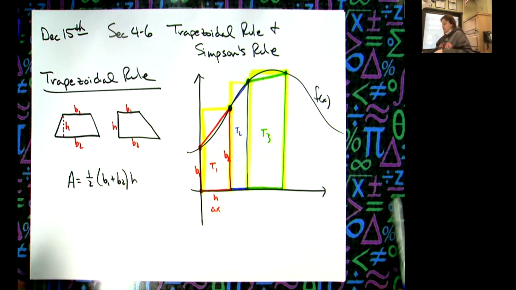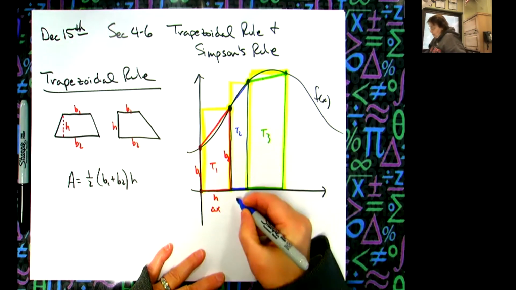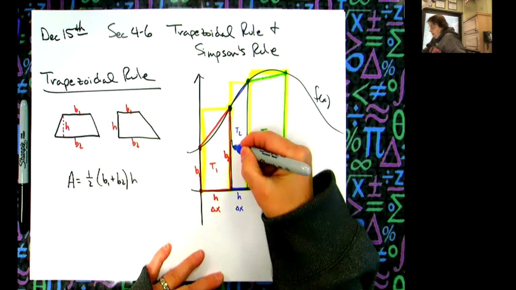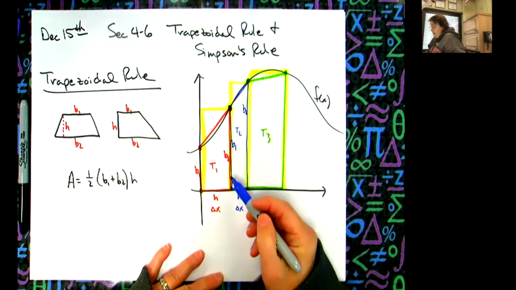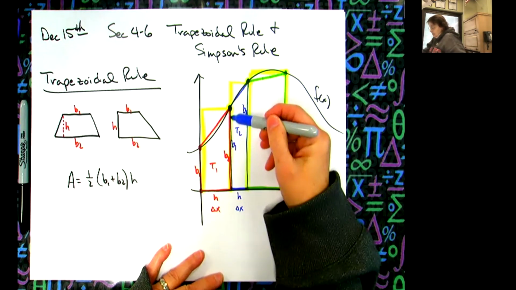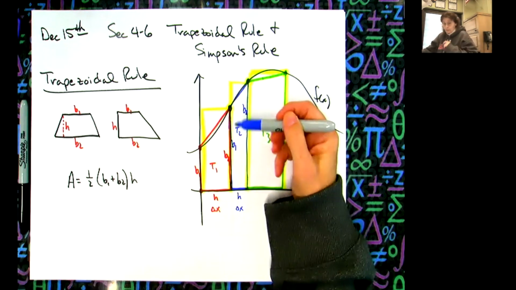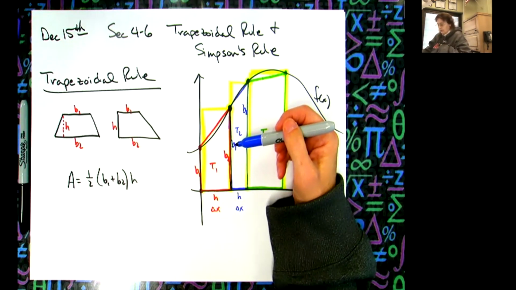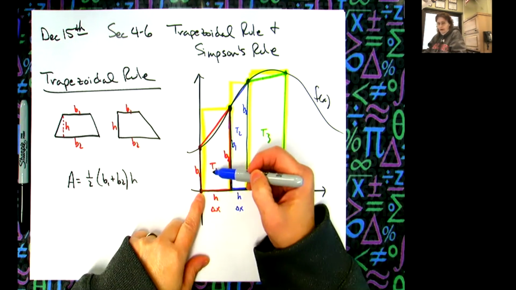All right, now let's look at the second one. This was the second trapezoid, right? So here's my height, or my delta x, how wide it is. But this height from here to here is B1, and then this is B2. All right, so this number, this height, gets used 2 times. I'm going to ask you to remember that, because later when I give you the formula, it's going to make sense. This height is used once because it's on the front